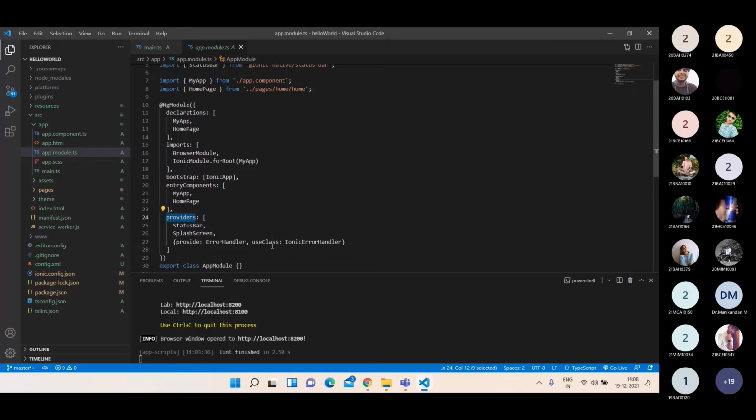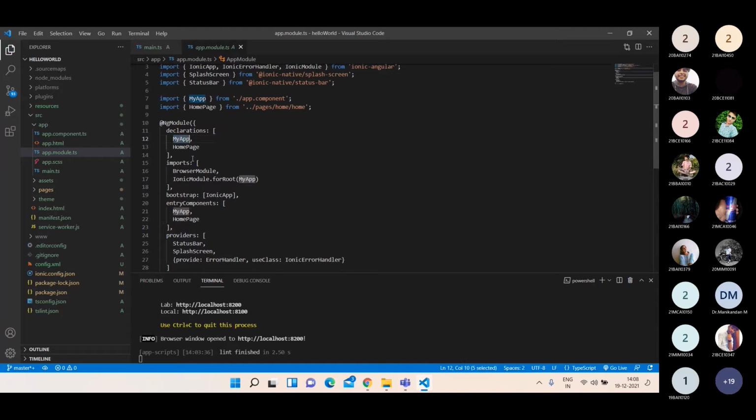Okay, so 5 things will be there. Inside the declarations, you will be loading every new component or every new page you are adding. You understand? All the new components you are adding should be mentioned here inside the declarations.